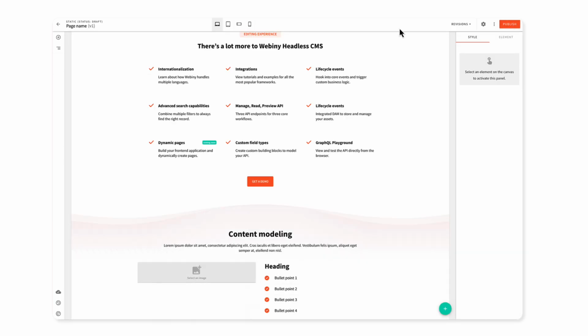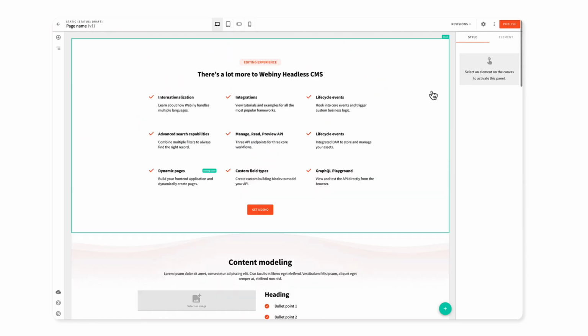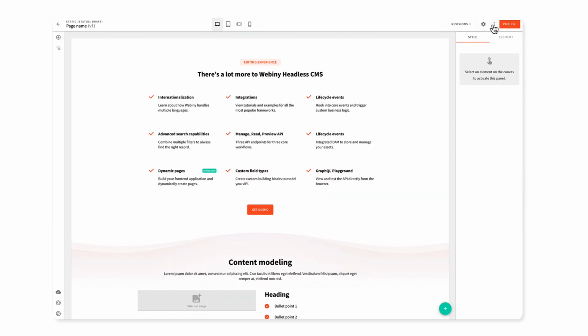Now let's get to the preview bit. As you're building a page, you want to see how that page will look on your website without actually publishing it, so it's only accessible to people with the link. So if we click the preview,